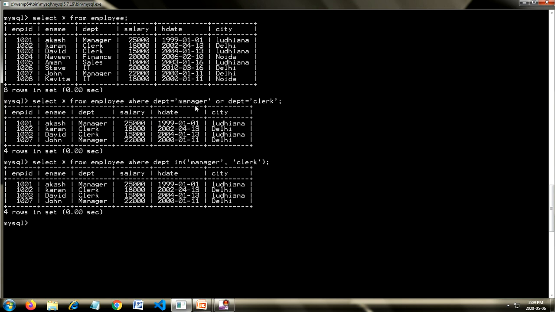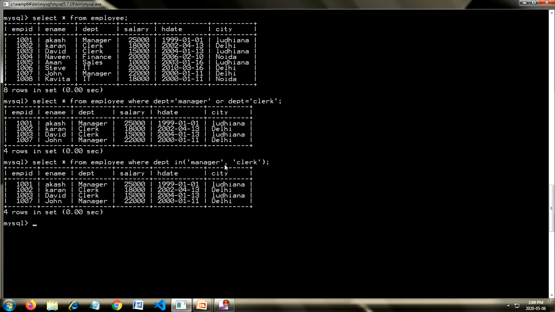So here I have to write the OR operator and the column name again and again. Here I have just written the column name once. With the help of the IN clause, I simply separate those values with a comma. So this is how you can run your IN clause. Suppose I can give you one more example.